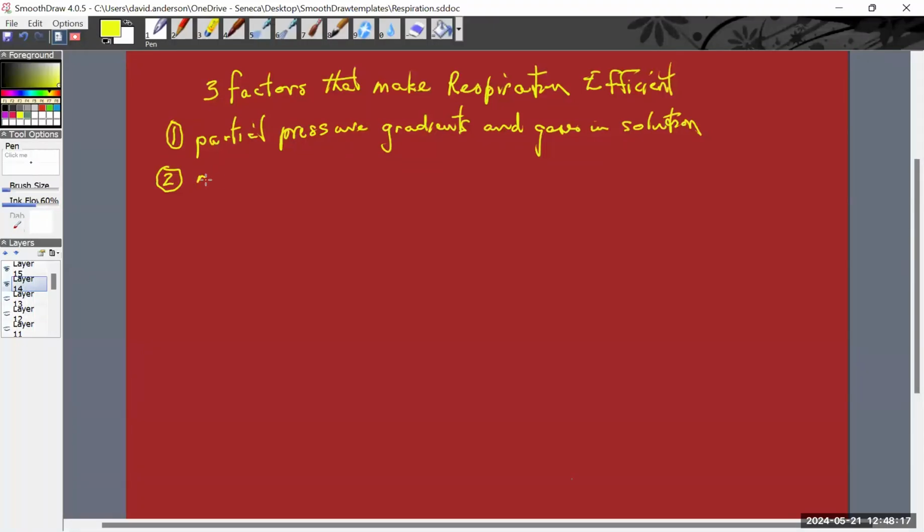Another factor is what we call ventilation perfusion matching. Ventilation is about the airways, and perfusion is about the blood flow. So we're talking about ventilation of the alveoli versus perfusion by the pulmonary